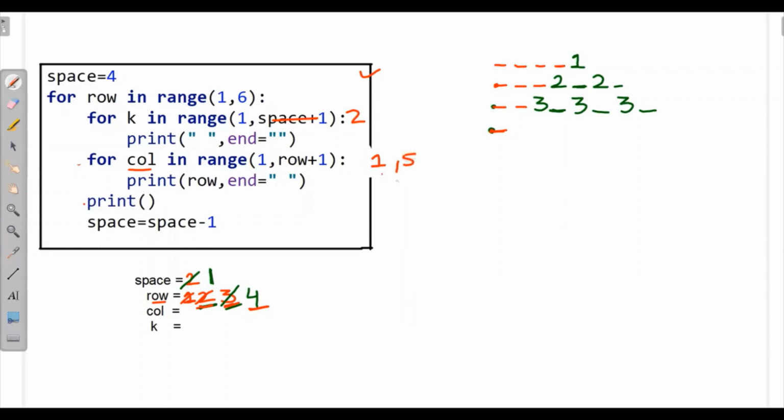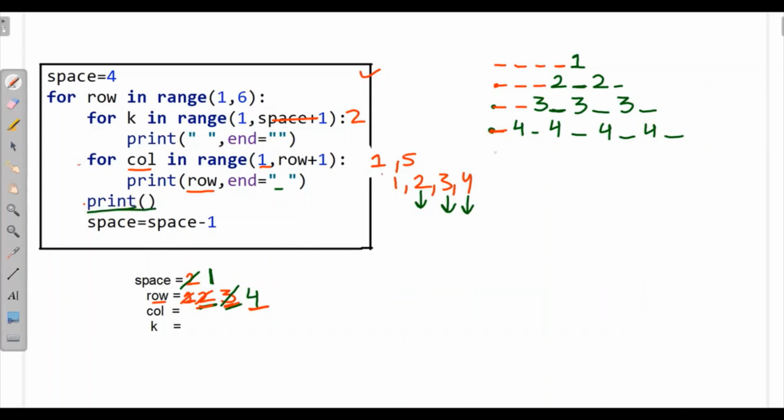So it will work for 1, 2, 3 and 4. For the first loop, it is printing the row value, that means 4, now with space. Then for the second time, it is printing 4 again with space. Then for the third time, 4 with space, and then the fourth time 4 space. Now here it will come out of the loop and will come to the next line.